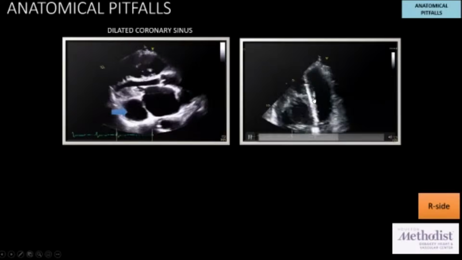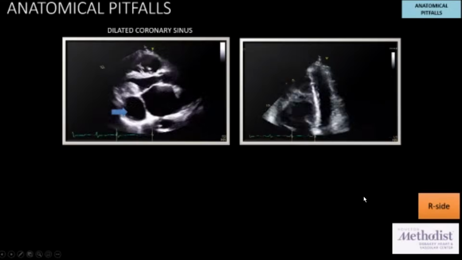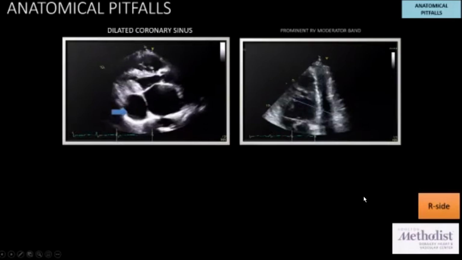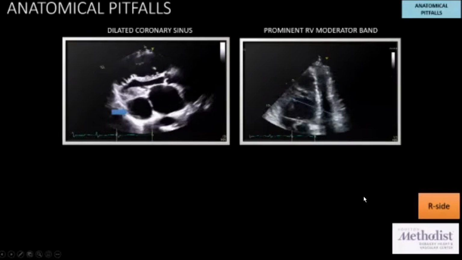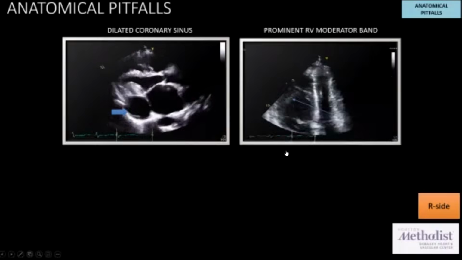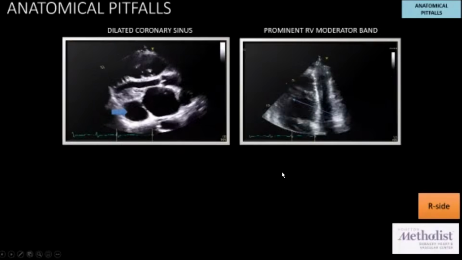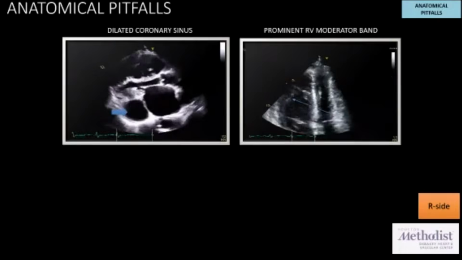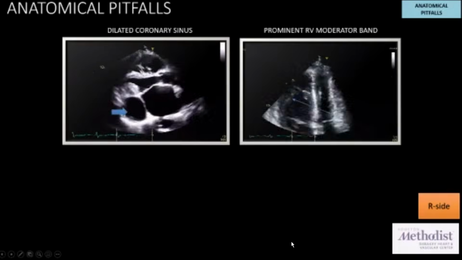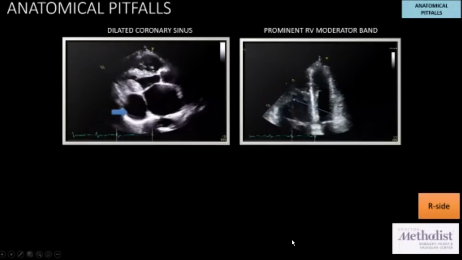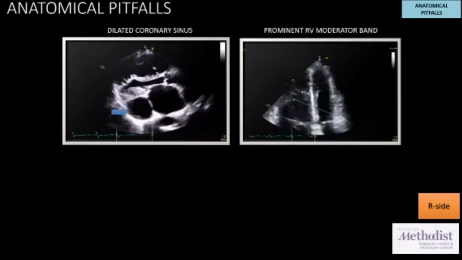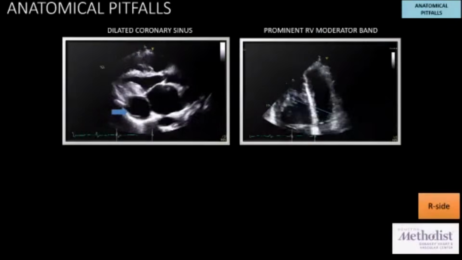So this one here is actually nothing but a prominent RV moderator band, which is usually more obviously seen when the RV is dilated. It is nothing but a prominent trabeculation of the RV extending from the base of the anterior papillary muscle to the interventricular septum, and it usually contains the right bundle branch. It's a normal variant in most adults, but again, there are individual variations